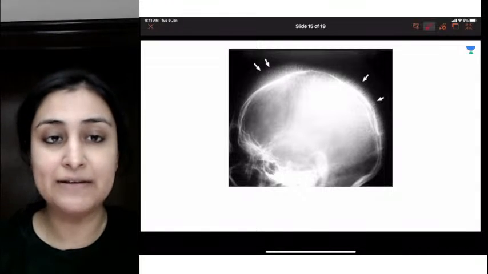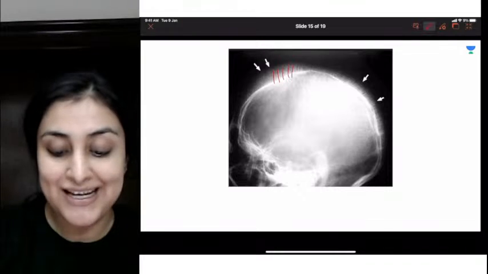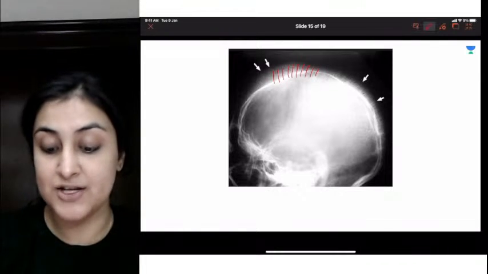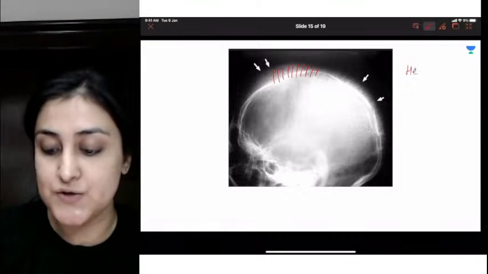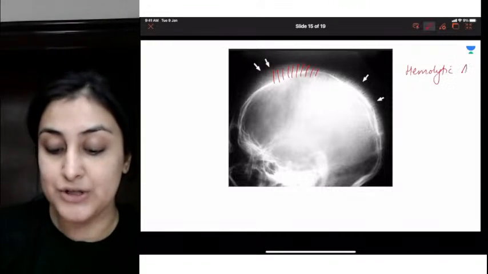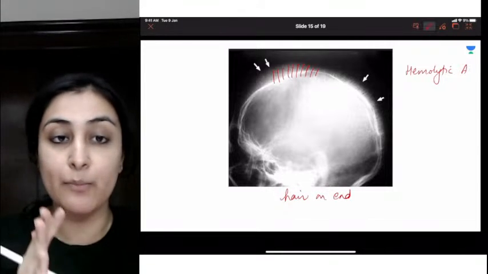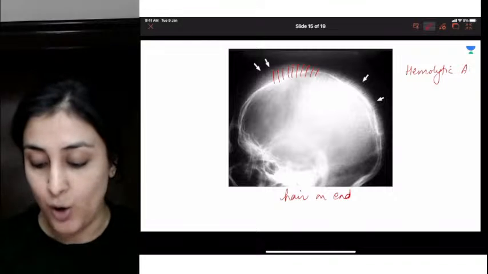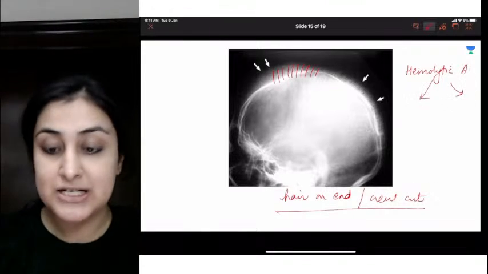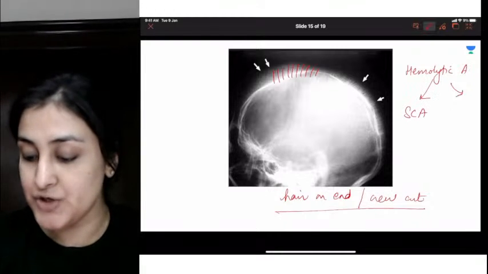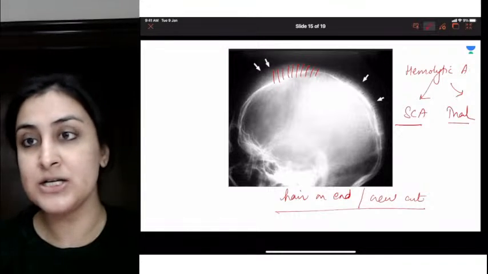Next one, again a very classical spotter, an FMGE favorite. When I see that the trabeculae are raised like this, it is suggestive of a lot of hematopoiesis, which needs to happen in cases of hemolytic anemia. So this has been described perfectly as hair on end, although these are not hair, these are bony trabeculations which are raised, also called screw cut appearance. Both of these are seen with hemolytic anemia. They can give you sickle cell in the option, they can give you thalassemia in the option. Okay, so hair on end, screw cut appearance.